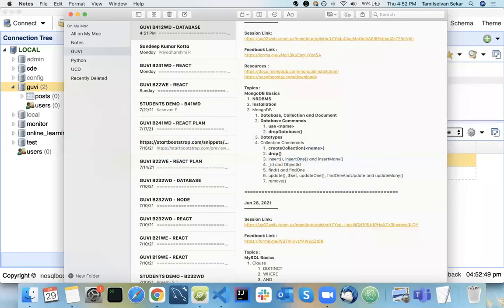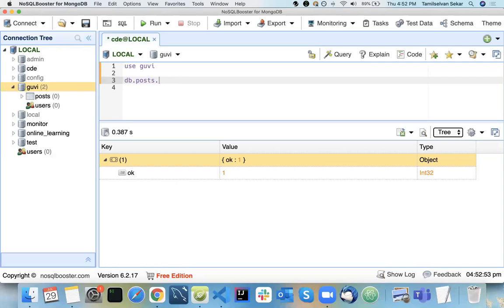First, I will show you what insertOne is. See, db.post.insertOne. Post is your collection name, and insertOne is going to insert only one record, one row. For insertOne we can supply one object.